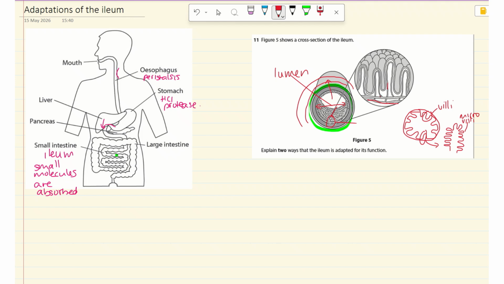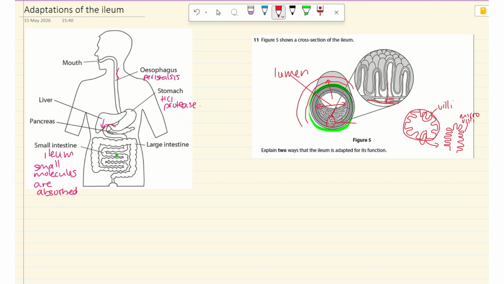We have lots of blood capillaries, so that when substances move from the lumen into the blood capillaries, they take them away to where they've got to go, so that more substances can move from the lumen into the blood and be taken to where they're going to go. Okay, so